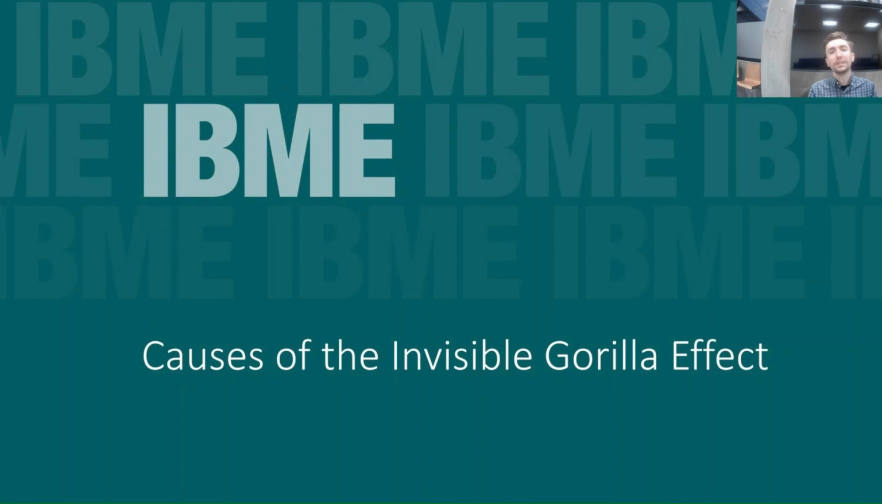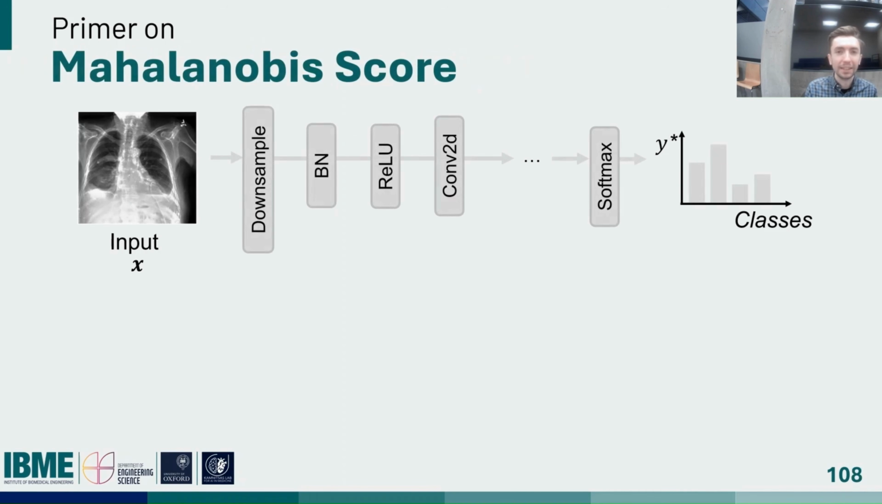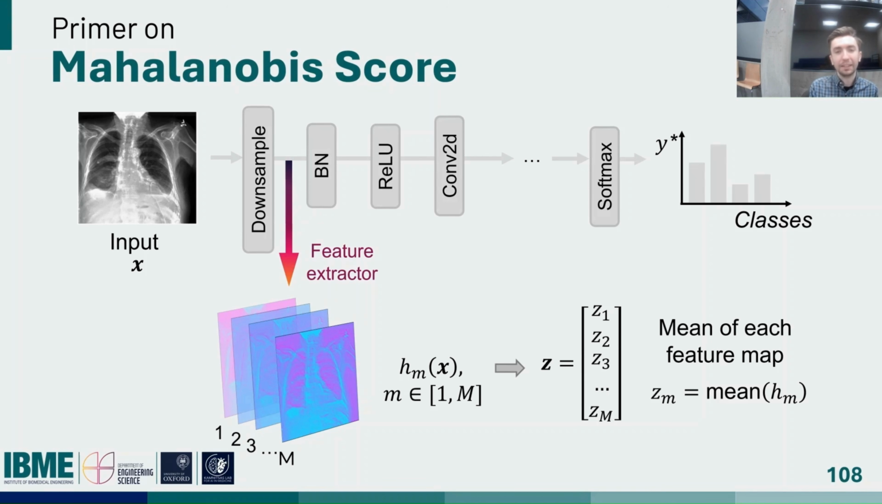We can now look at the hypothesized causes of the invisible gorilla effect. So we saw in the data that feature-based methods had the largest drop in performance. But why is that? Well, to understand, first I'm going to go through one of the feature-based methods, which is Mahalanobis score. So for Mahalanobis score, I've got an input image and I have my DNN here. What I'm then going to do is use a feature extractor to collect the heat maps at some point in this model. And then I'm going to calculate the mean of these heat maps to get a feature vector,